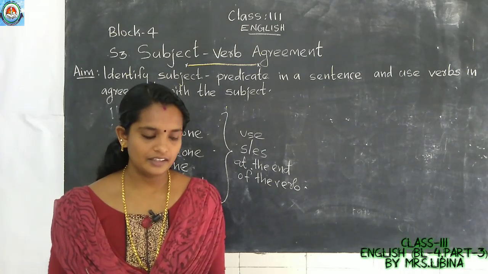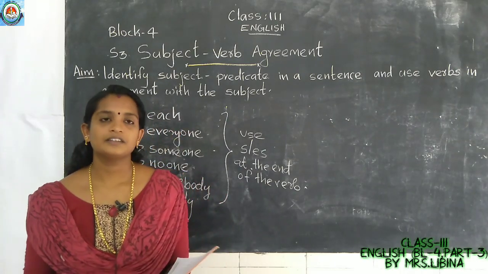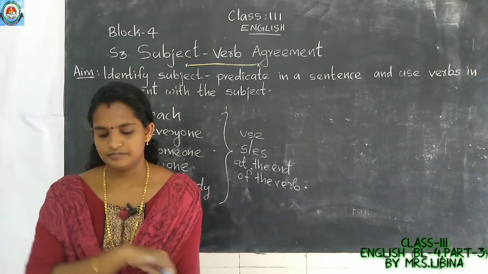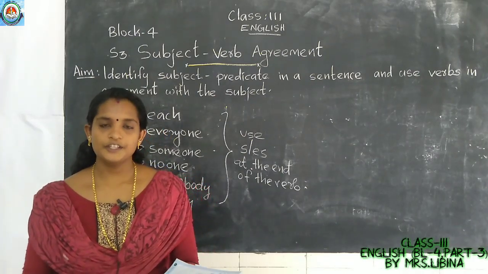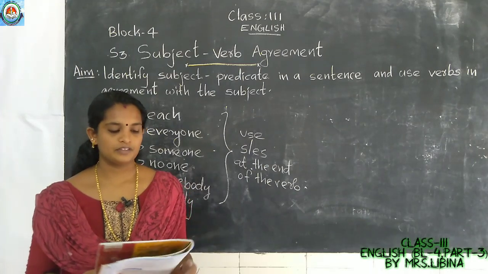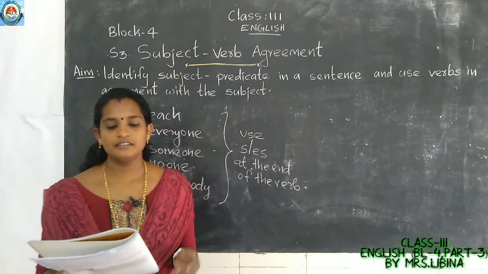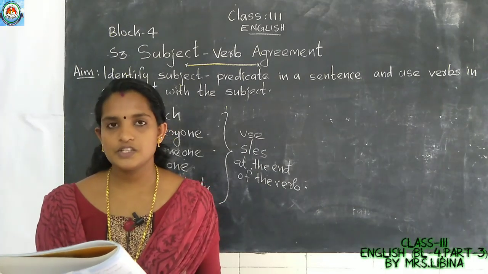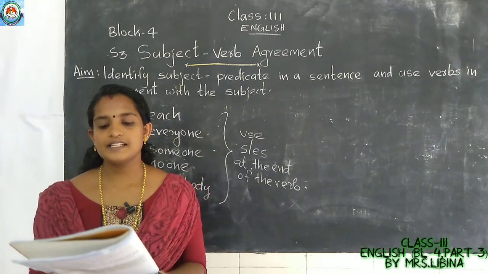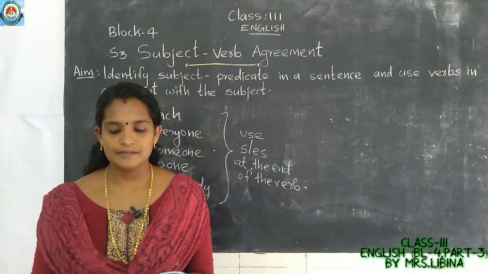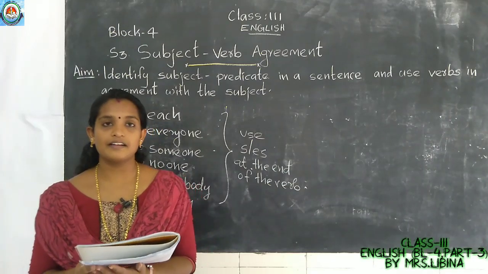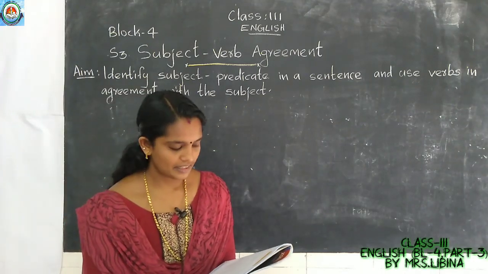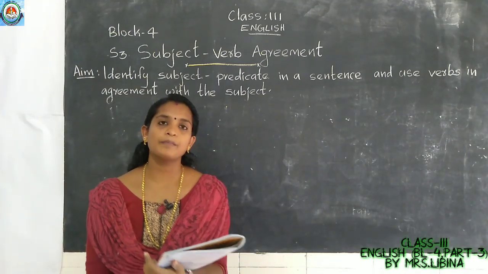Okay. Then, just take your textbook. Okay. Page number 23. Take your textbook. Practice question. First question. The predicates are missing in these story strips. Make sentences to tell something about these subjects. Be sure to use the correct verbs. The kites, the subjects are given. You have to write the proper predicates.